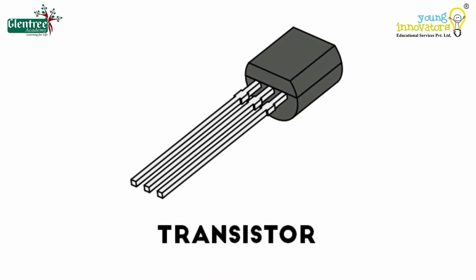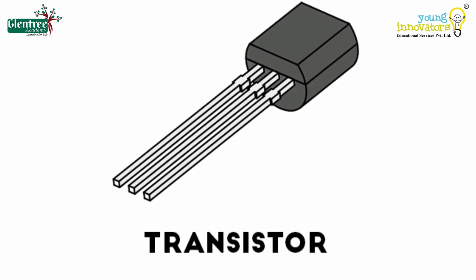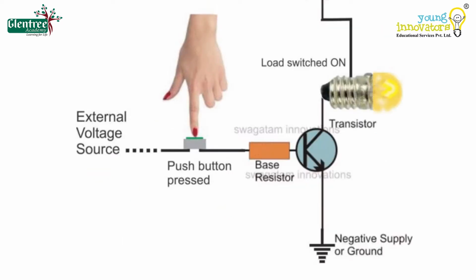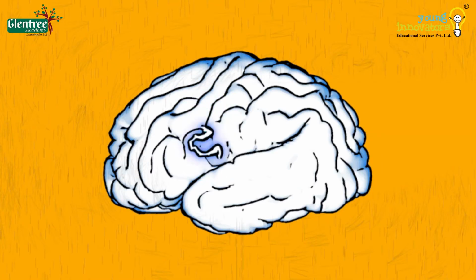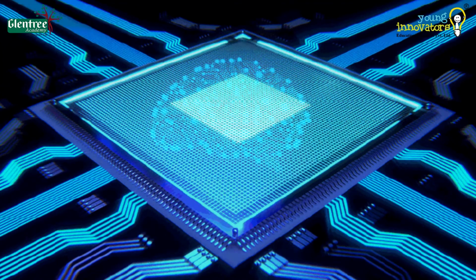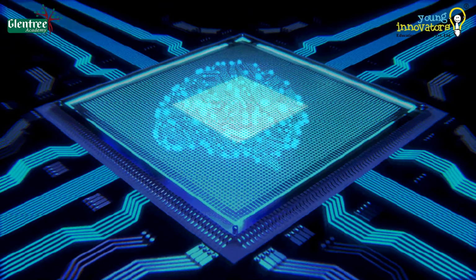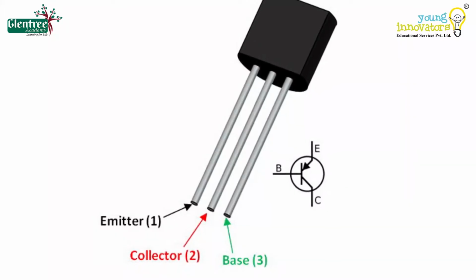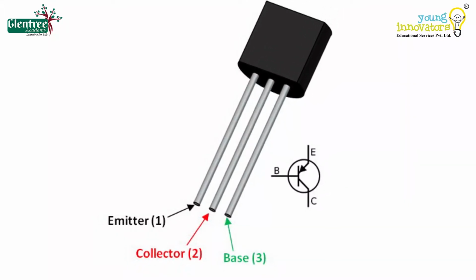A transistor is a three-terminal semiconductor device that is used to amplify and switch the electrical signals. Just like how the human brain has neurons that make us think and remember, a transistor is like a brain cell in the advanced electronic components. A transistor is special because it allows you to control the current flow in the circuit, which is achieved by controlling the voltage across two terminals or two leads of the transistor.